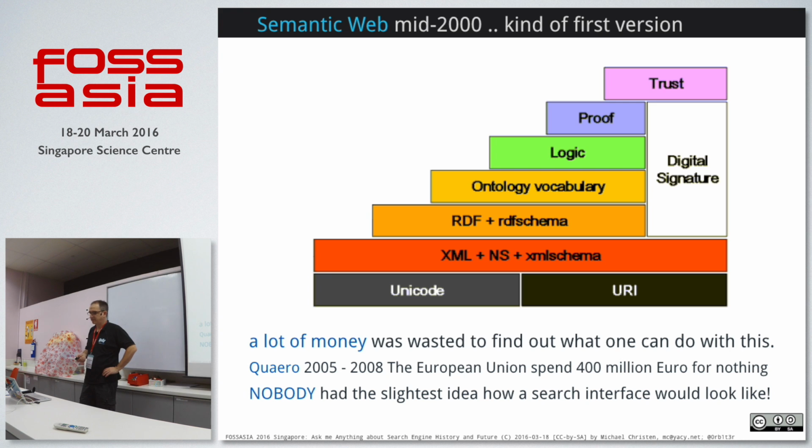And somewhere in the middle of the 2000s, something strange came up. It was called Semantic Web, and everybody believed this is the future. The Semantic Web will be something which is more capable of understanding what is on a web page. It would require that you use an RDF schema, which is a syntax to describe things. Like if there is a name of a person on a web page, you enclose it with the syntax of the RDF schema and say, this is the name of a person. So every search engine could collect context information for a web page and not only index the full text of it.